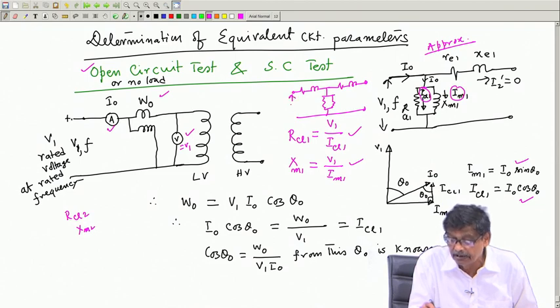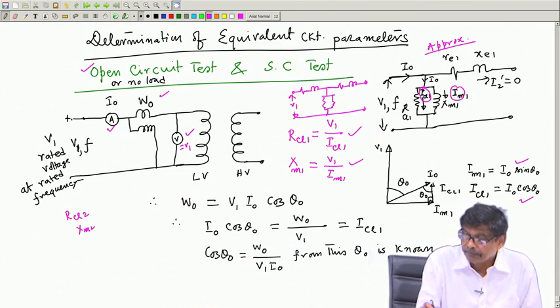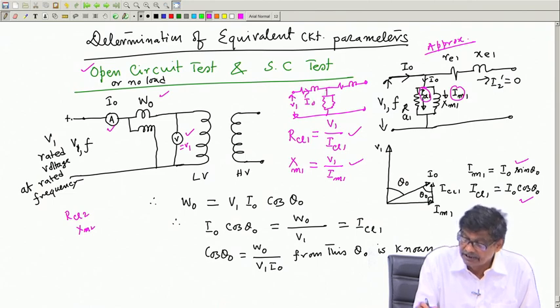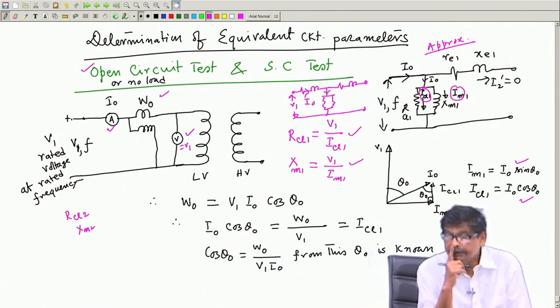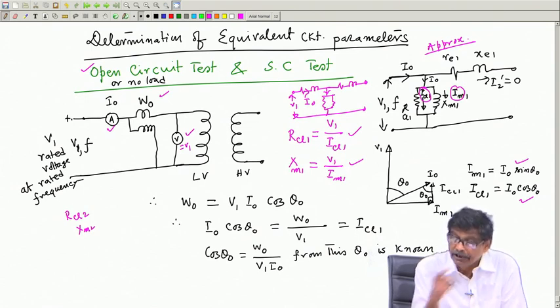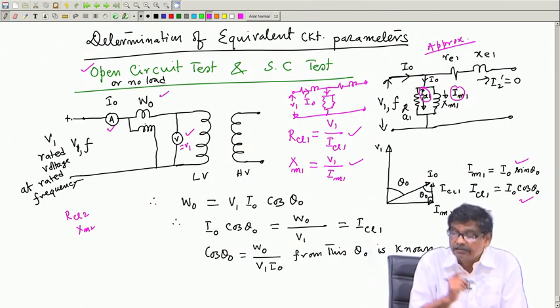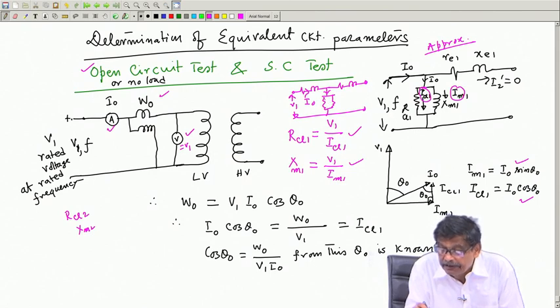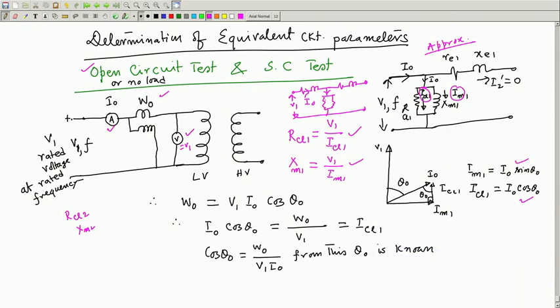And you are doing this on a practical transformer whose exact equivalent circuit is this. Here you have applied a voltage, and this current you are calling I naught, fine. But then I will say, look here, this wattmeter reading W naught, you have done some approximation that I have understood, but strictly speaking, it will read the copper loss in RCL as well as the copper loss in R1. The sum of these two will be read, is it not? But how to justify why we neglect this copper loss?